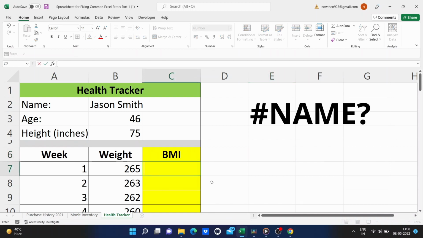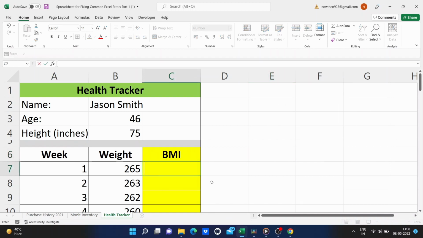the name error. In another video, I show you how to name cells in Excel. And I've done that in this spreadsheet. This is a health tracker for Jason Smith. And notice that the cell that has his age in it, cell B3, has been renamed. It's called age. And I've also renamed B4. I call that height. So now, when I want to calculate the BMI or body mass index for Jason, I